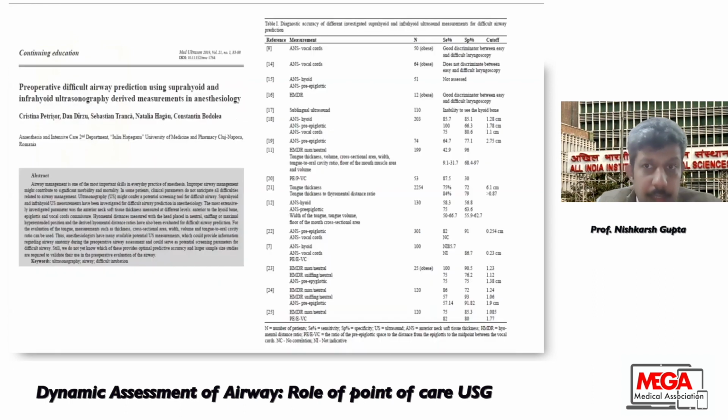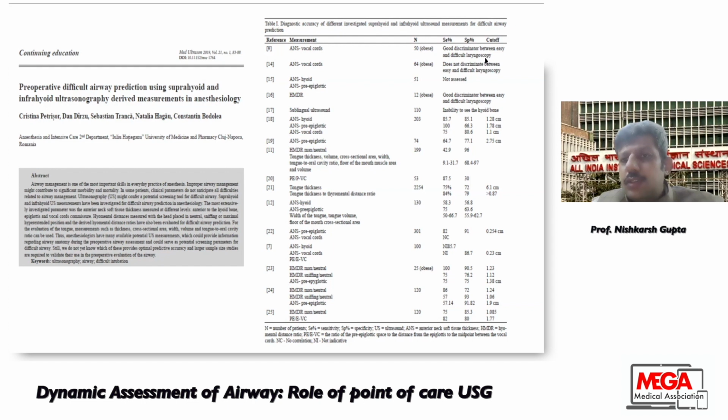And this was a good article which basically correlated the preoperative difficult airway prediction using suprahyoid and infrahyoid ultrasound measurements in anesthesiology. Basically, it reiterated that ultrasound is important for anesthesiologists and you need to measure these distances. So broadly, they reviewed the articles which were published. For the anterior neck distance to vocal cord, they did it in 50 to 60 patients, and